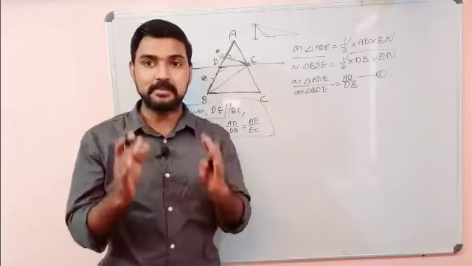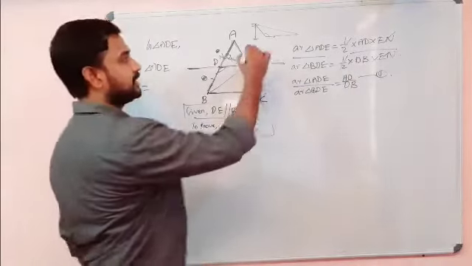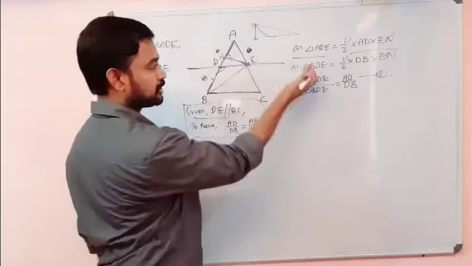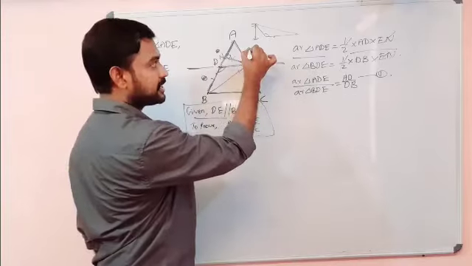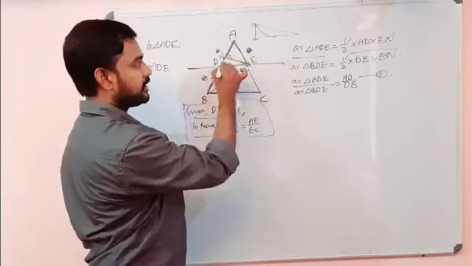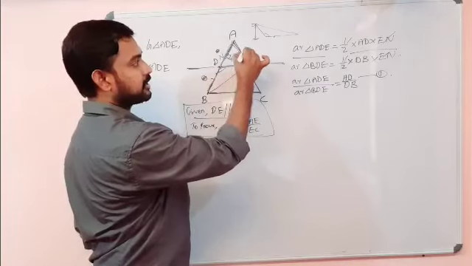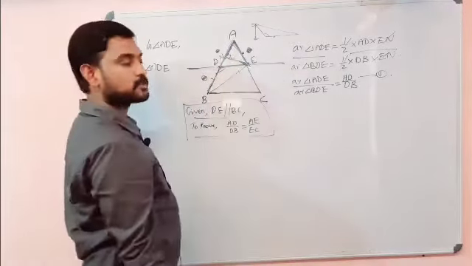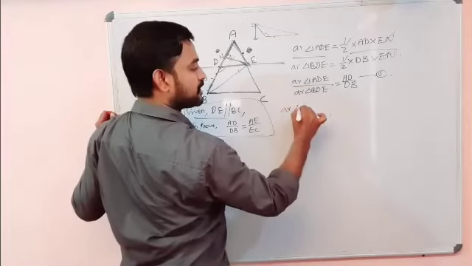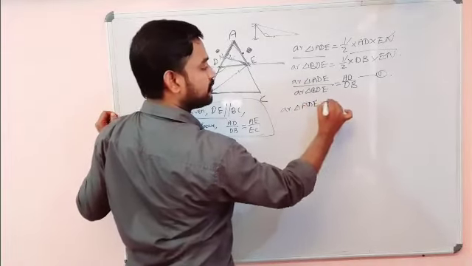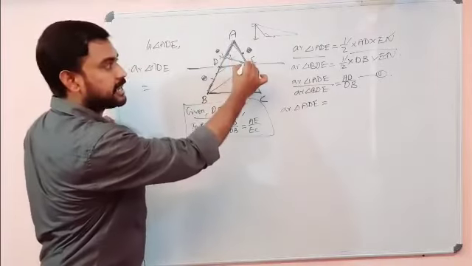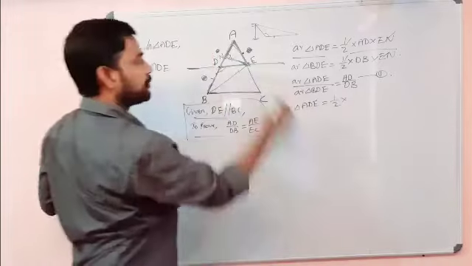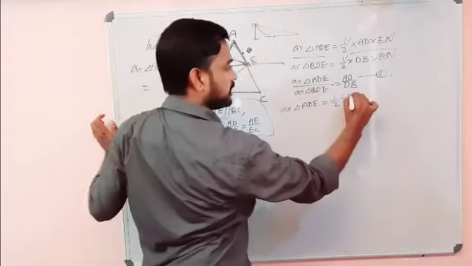Okay. Same thing we are going to do by standing on the right side. Now we can stand here. First we were here, now we are going to that side. In the triangle ADE, we can consider AE as the base because we are standing here. So once again we can find the area of triangle ADE by taking the base as AE. So half into base AE into height.